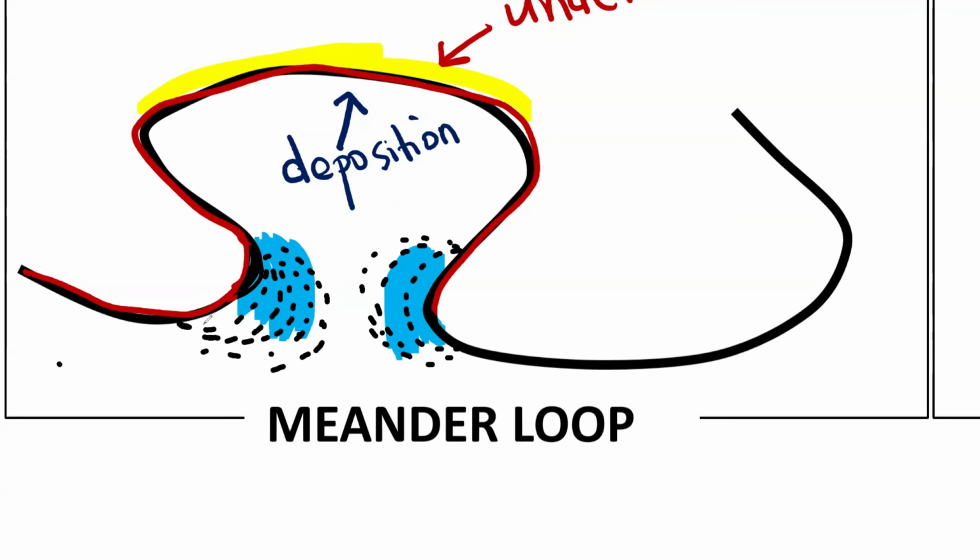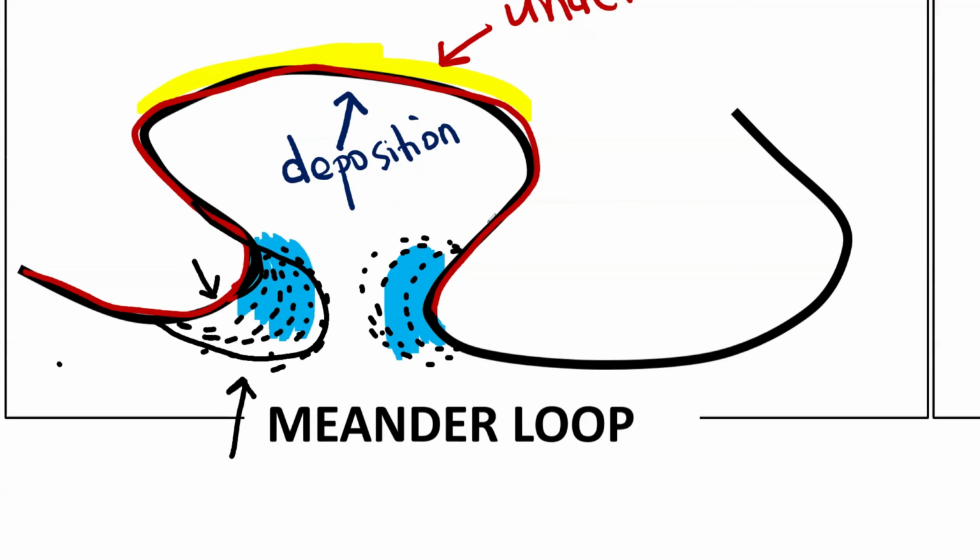Because, guys, when you say that the undercut slope keeps on moving, it simply means that your river will now be at this point here. Your meander will now be at this point. It will no longer be at the initial point where it was. I'm sure it was here at first, but now it will be here because the undercut slope is eroded. That's why I say, guys, please revisit that session when I taught about how the undercut slope and the slip-off slope move relative to one another.